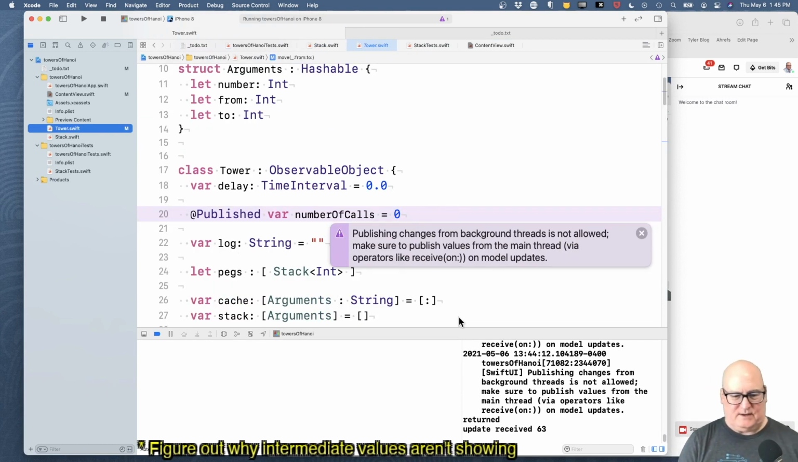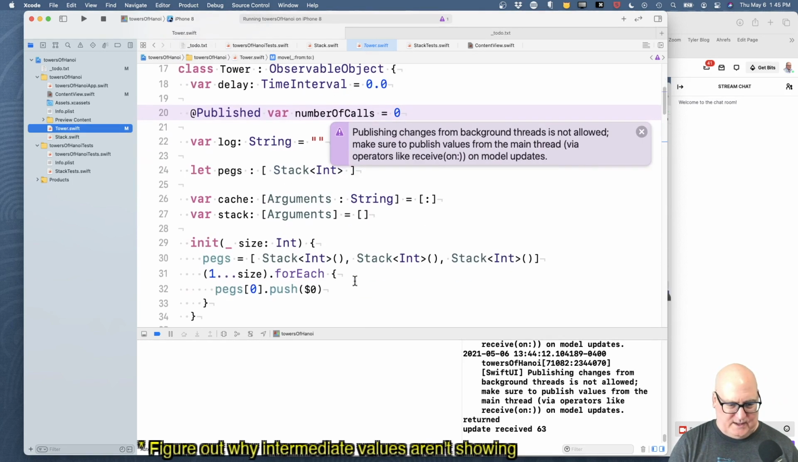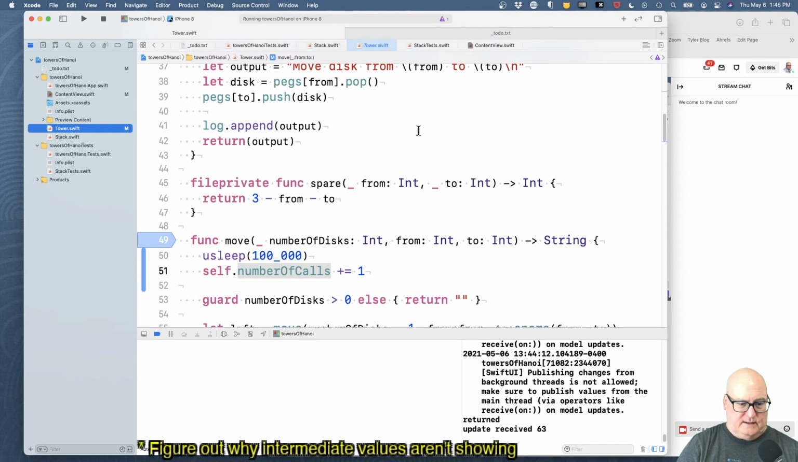Publishing threads from background threads is not allowed. Publish values from the main thread. Okay, I mean, this is kind of the warning you get when you're doing things wrong. How do I publish? The challenge I have is I don't want to turn everything inside out, and I feel bad enough that I'm doing this, right? Because these are